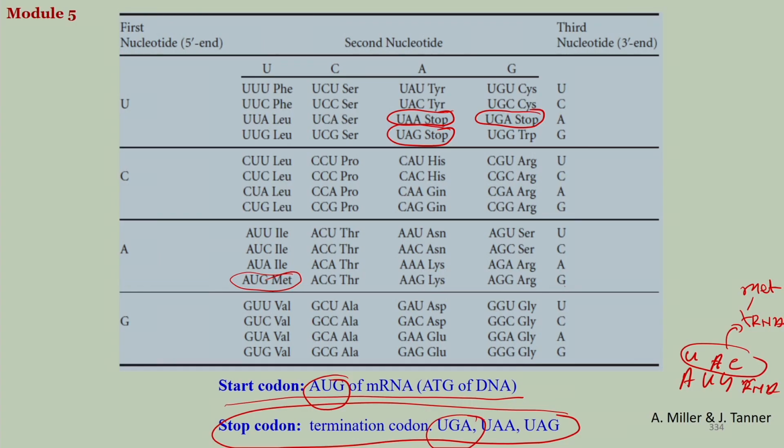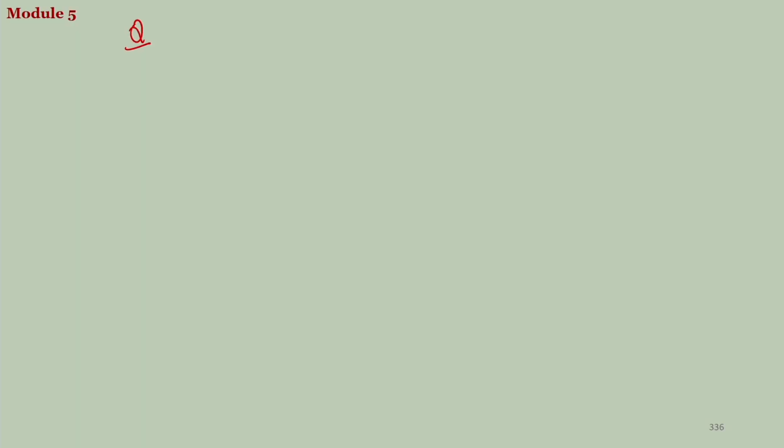So, if you are given the table, then you can pretty well find out, and if you are given a sequence of your mRNA or even the sequence of the parent DNA, then you will be able to find out the sequence of the peptides. So, I will give you one question which can be regarded as an example. So, question is, I will write a DNA sequence, original DNA sequence, given